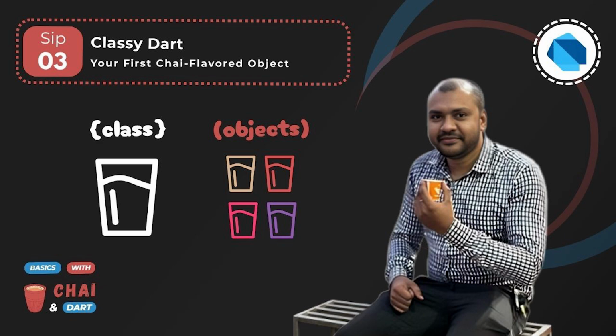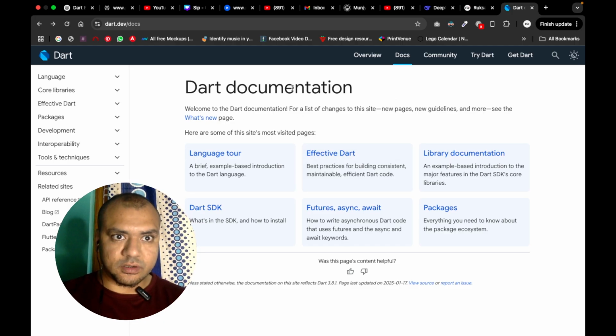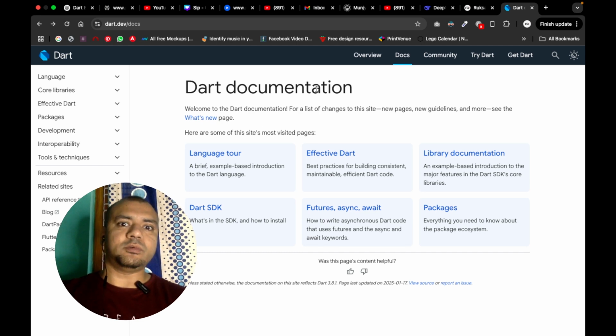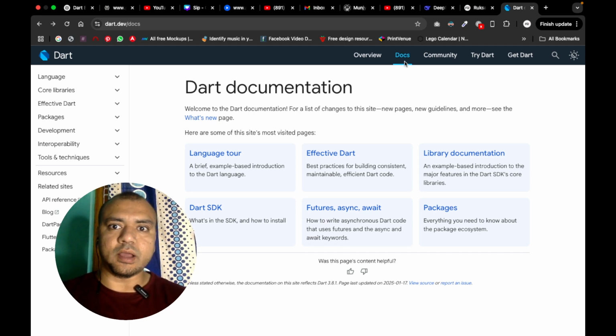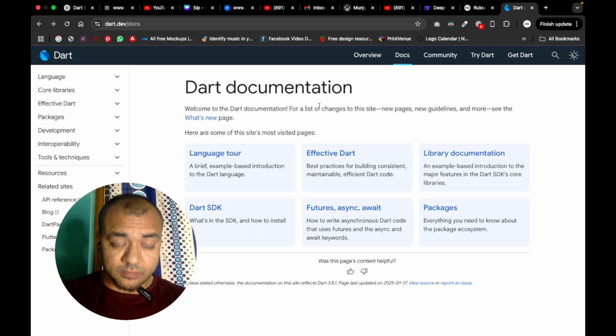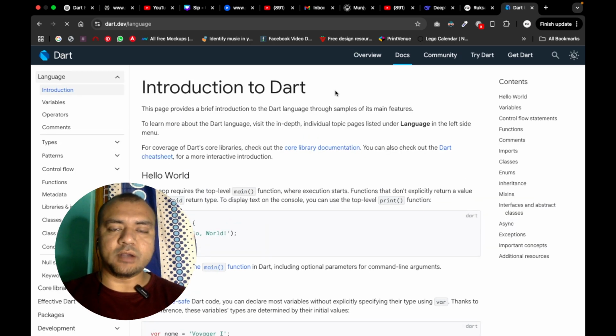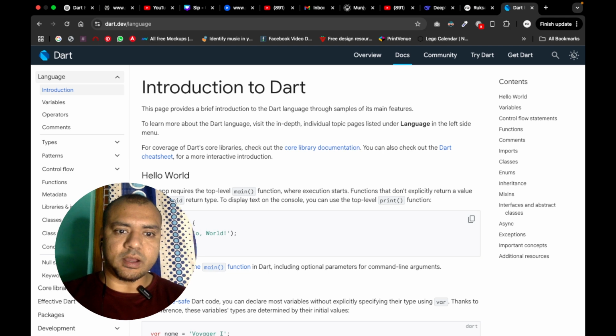As earlier we discussed, let's see the documentation. If you go on dart.dev, you can find a lot more documentation for that. Here I am in the docs section where you'll find the documentation for the language. Let's say we will take the language 2 today. The basic introduction for Dart we have already done, and the main method we learned about and how to print